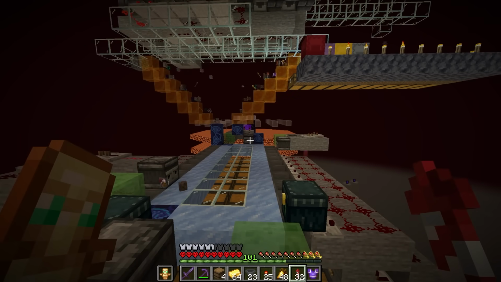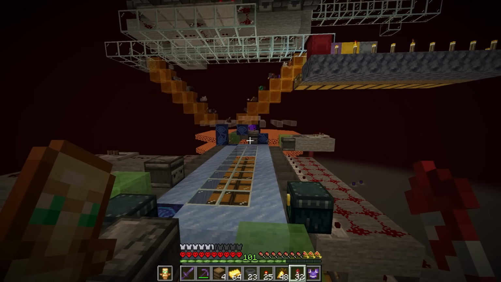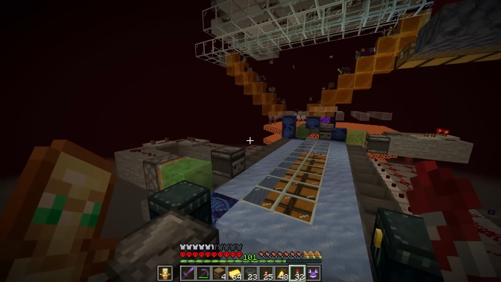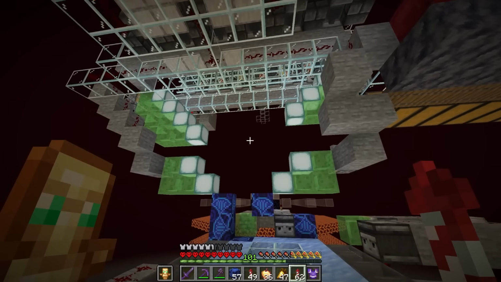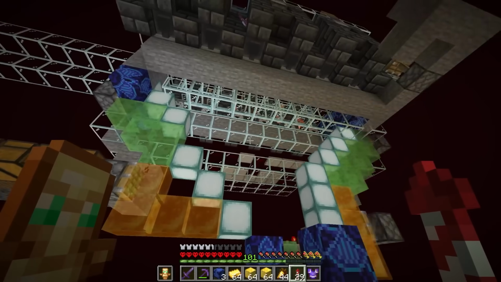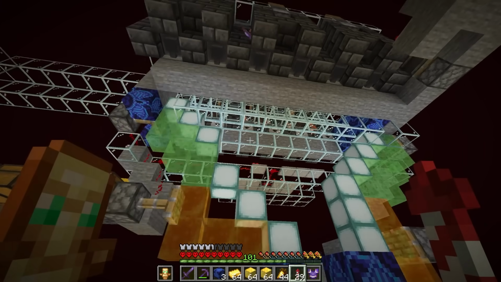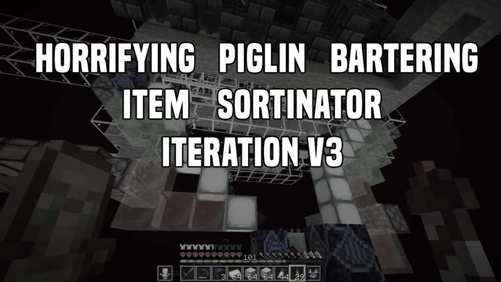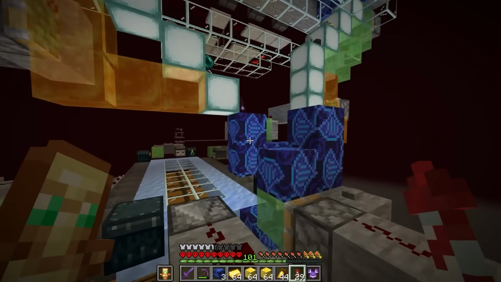So my first attempt at fixing that went horribly wrong, because these honey blocks don't actually push the items off. So that's just really dumb. Iteration number 2. This actually kinda does what we need to do. Oh, this is it. I'm a genius. I've done it this time. I present to you the horrifying piglin bartering item sortinator iteration 3, which looks even more disgusting, but it does